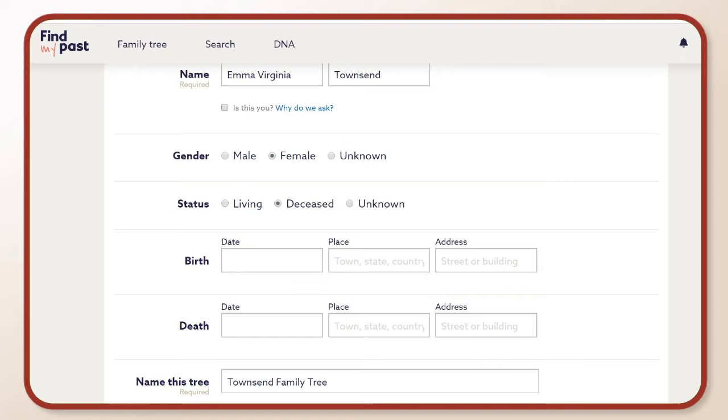If it is a guess, I can make it a guess, such as, let's say she was born about 1860. We can always change things later, but you have to start somewhere. So Franklin County, Ohio. And notice they give you these drop-down options right here. I really like this. So go ahead and select your place.